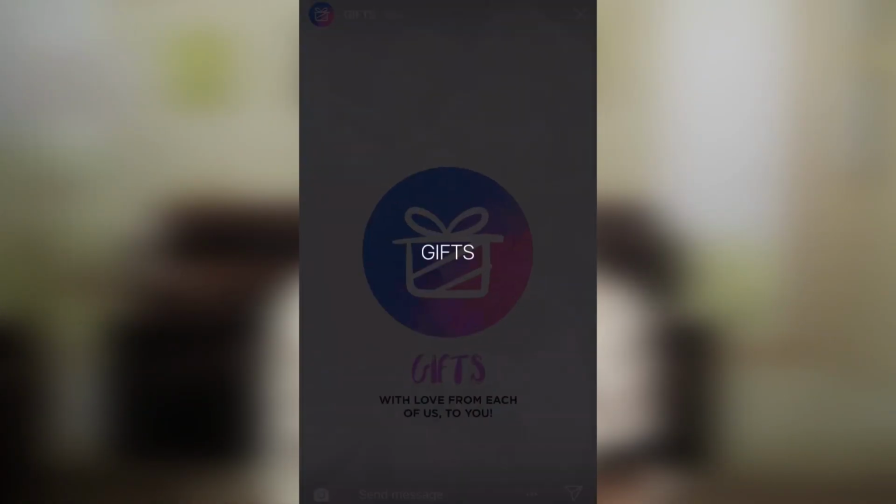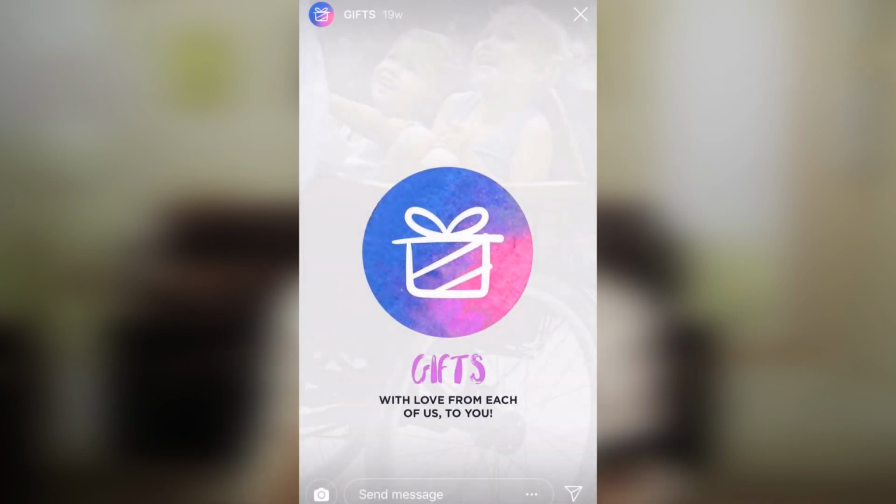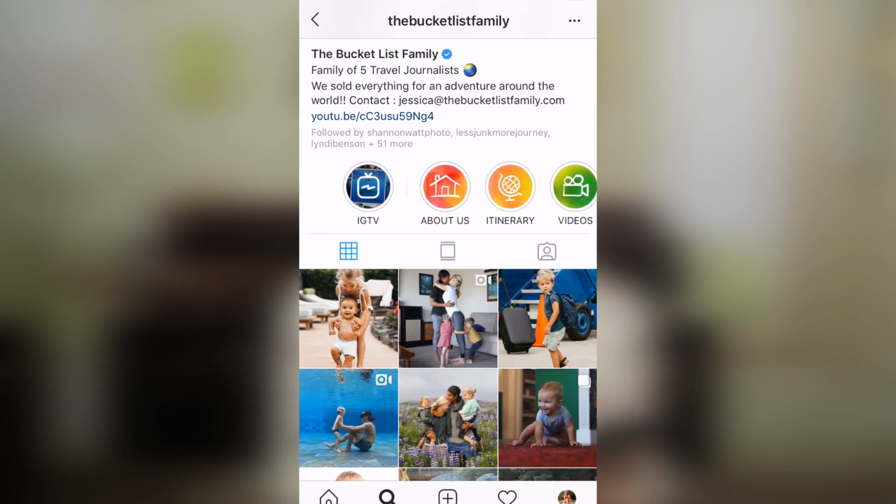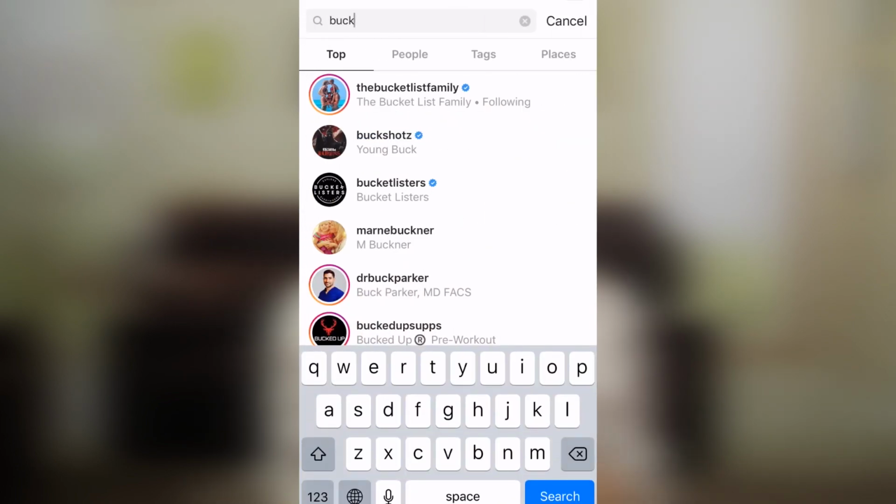So they have another one with gifts, okay? Gifts from them to you. They have another one with favorites, shop, videos, itinerary. Now imagine if you're in business for yourself and you've got a product line to sell. You can use those highlights to demonstrate your product line. If it's a demonstrable